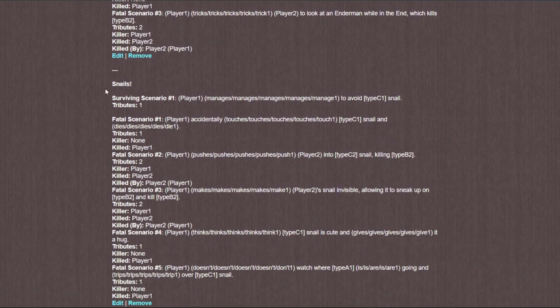Then finally, the last event I have is snails. That one's major spoilers for Wildlife if you haven't seen it. It is pretty early on though. But yeah, how could I not include the snails? So we have one way you can survive, which is you avoid your snail. And then you have 5 different ways of potentially dying. The first way is that you just touch the snail and die. Second is you get pushed into the snail by another player.